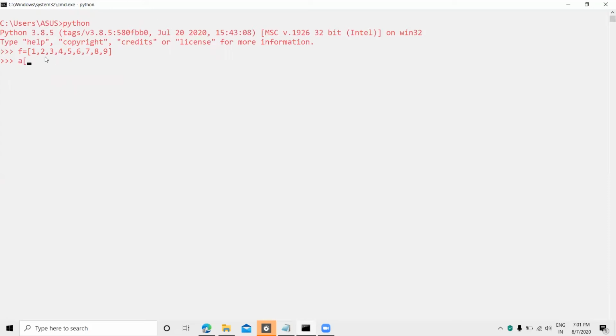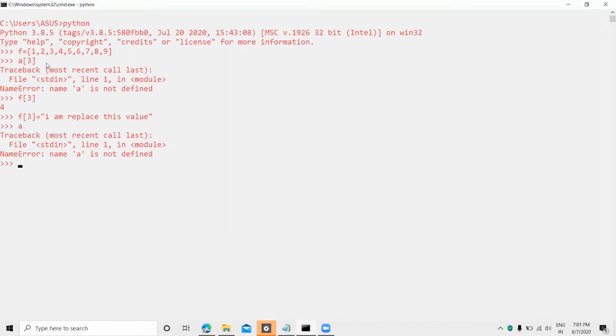So first we print the element at index 4, with indexes 0, 1, 2, 3, and then 4. Then again writing this, I assign something to this position and replace this value. Okay, see, now print f. So you can see that the 4 is replaced, and I replaced this value by pasting over the 3. So here is the technique to replace any value.